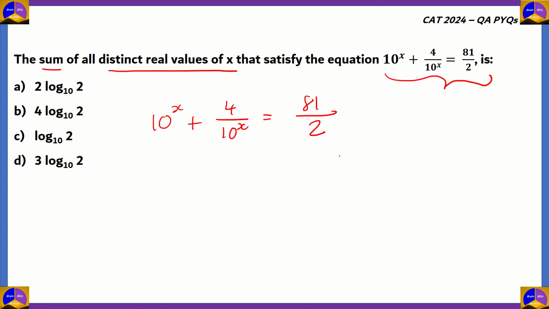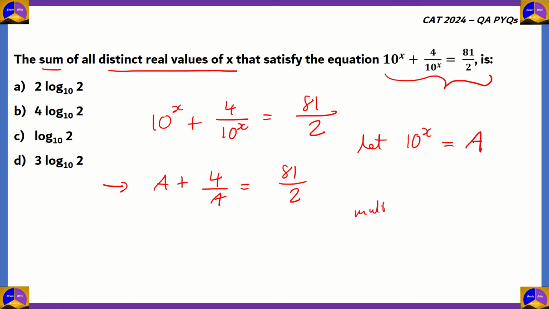So from here on out, what we're going to do is consider 10 to the power x as a, which is a variable. By plugging in the value of 10 to the power x as a, we get a plus 4 upon a equals 81 upon 2. So in order to remove a in the denominator, we're going to multiply both sides